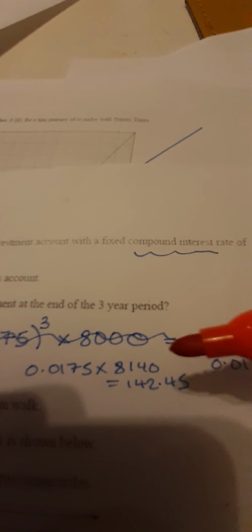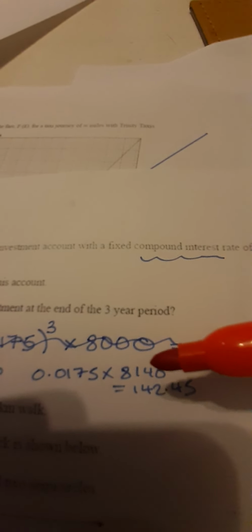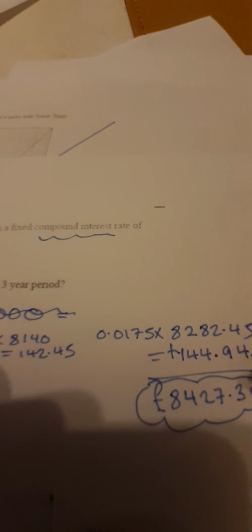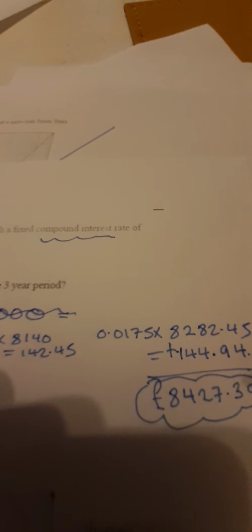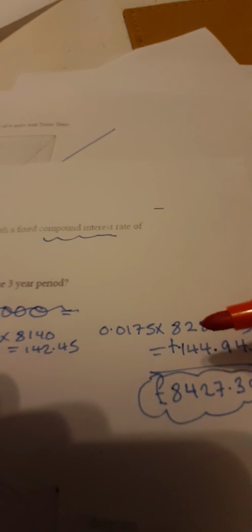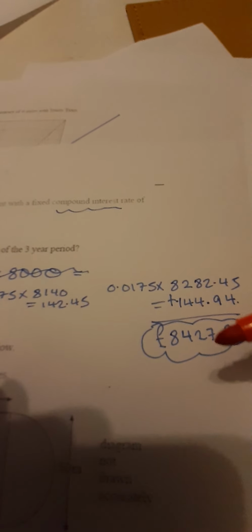The second year he gets £142.45 because they're working out the bigger amount, 8,140. And the third year they get the most, £144.94. And you basically either just add that to the last year's amount or add the 3 amounts to the 8,000 and you get